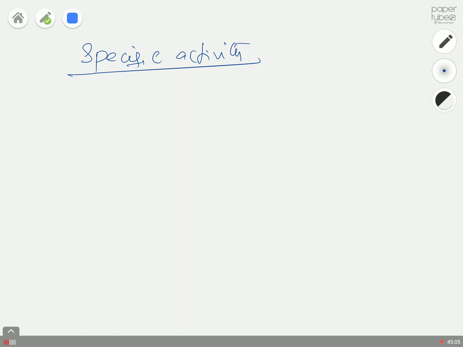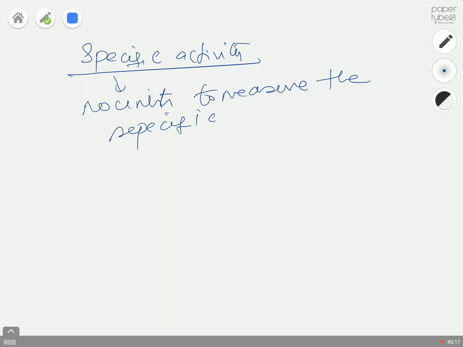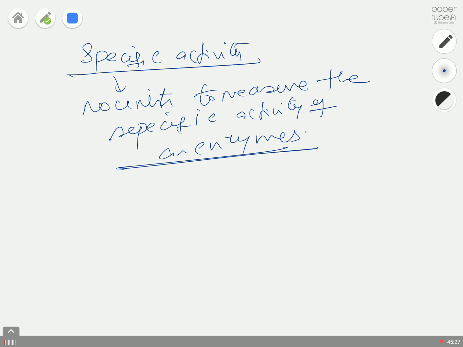So there are no units to measure the specific activity of an enzyme. So what does this mean? Like I already said, what is this catalytic turnover number and so on, yeah? So how do you call it, like